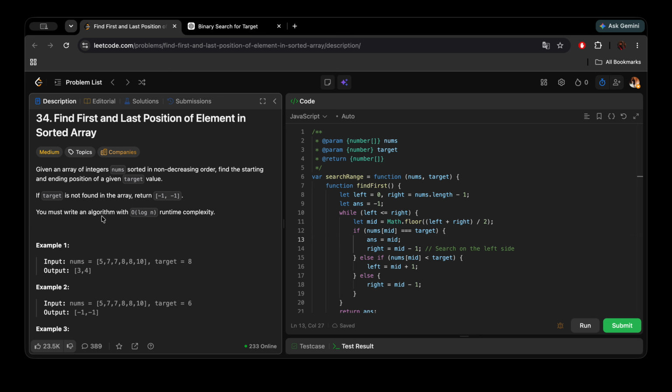Now to do this, what we are going to do is we'll find the first and the last position using binary search. When I say binary search, we'll write two functions, one to find the first position and one to find the last position, and then once we find those answers, we'll just return them. So to find the first occurrence or the first position of the given target